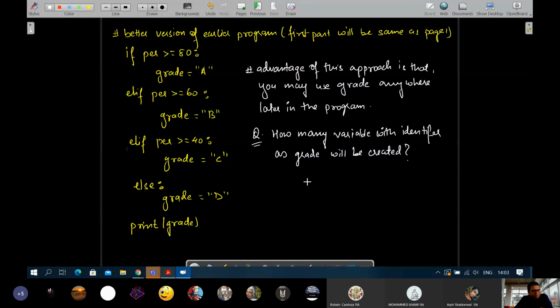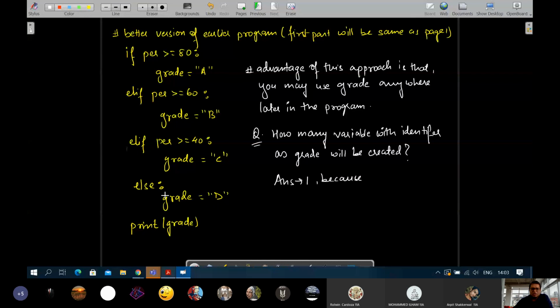Ankit also believes 1. Yeah, the answer is 1 only, correct? Because at any time only one of the conditions will match and subsequently the control will go in one of the blocks, either the if block, elif block or else block.